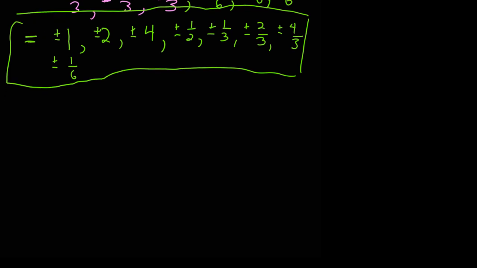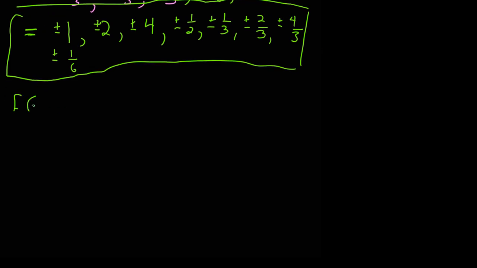So I'm going to write the function now down here. 6x cubed minus 5x squared minus 7x plus 4. Well, we have the remainder theorem and the factor theorem to help us out here. And so if any one of these, if I plug them into here, equals 0, it's going to be a factor. So what I'm going to do here is plug in 1, because I like 1.